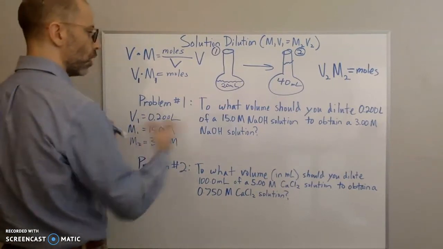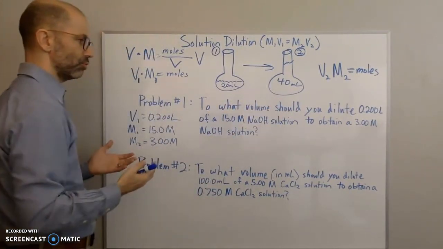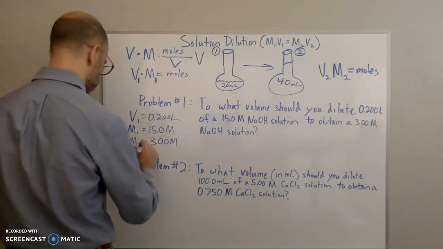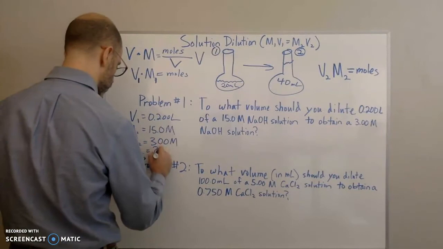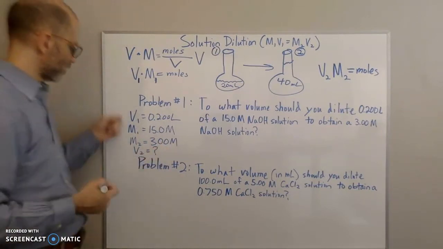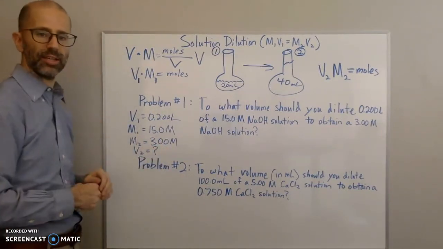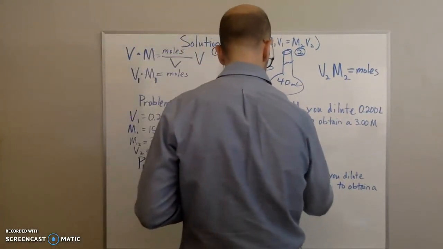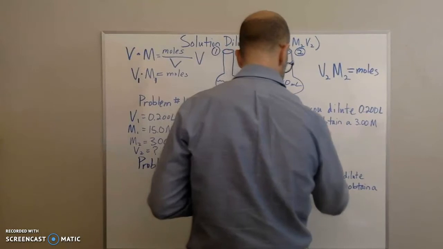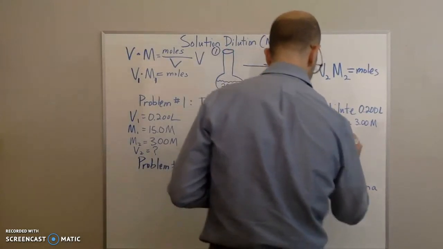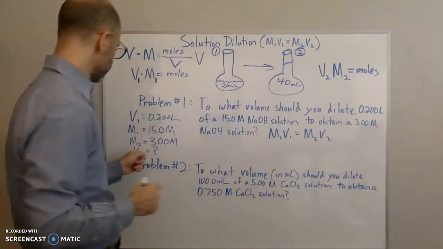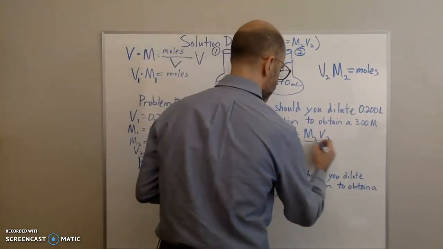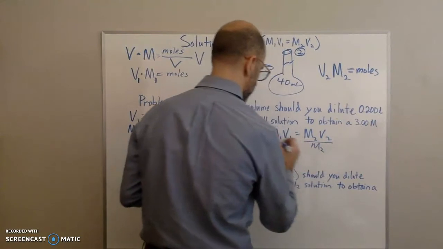And so they're saying, what volume should you dilute to, right? So that's the V2 that we're looking for. So V2 is what we are looking for. So now all we need to do is just plug everything into the equation. So we have M1V1 is equal to M2V2. We're looking for V2, so why don't we just solve for V2 so we can multiply both sides by